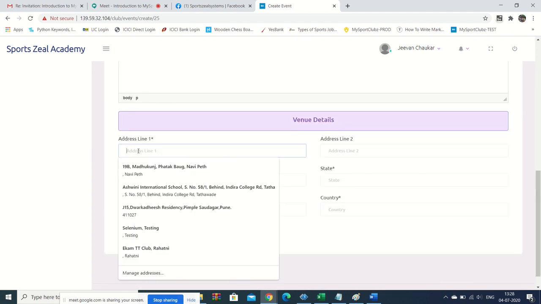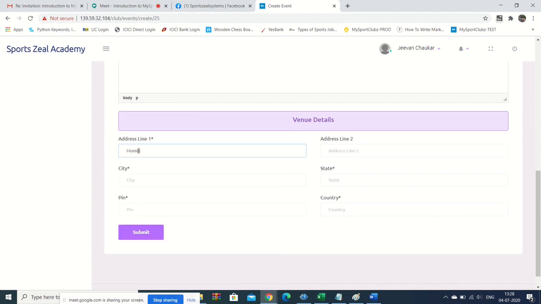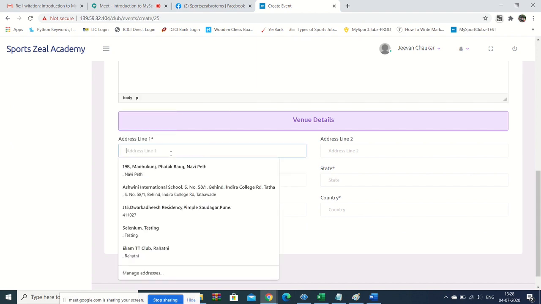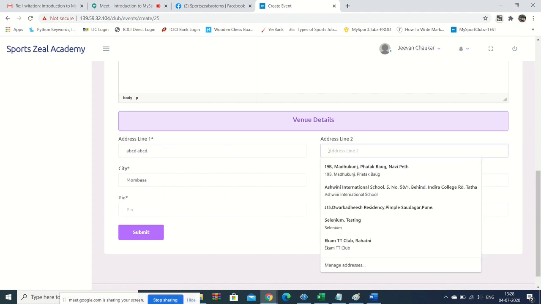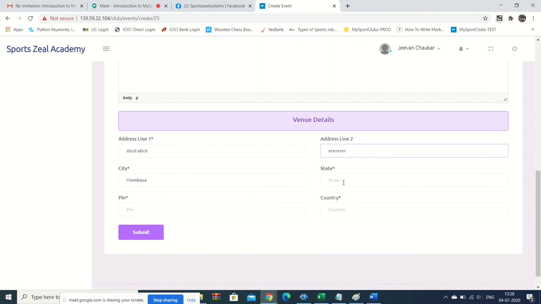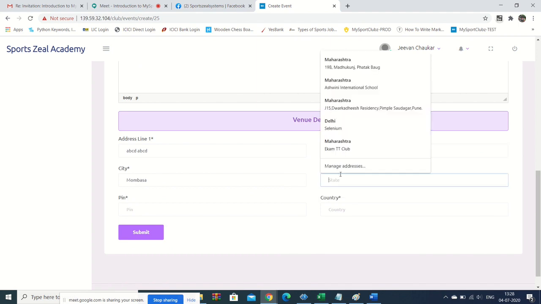Here you can mention the venue details, like Mombasa, and some address line. Right now we don't know, so I'll just write something. State, I don't know the state name. Mombasa comes in which state or province?